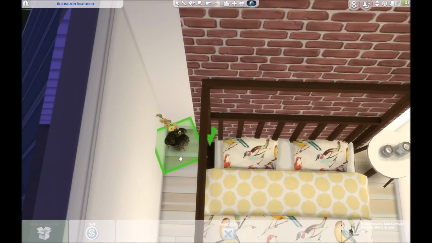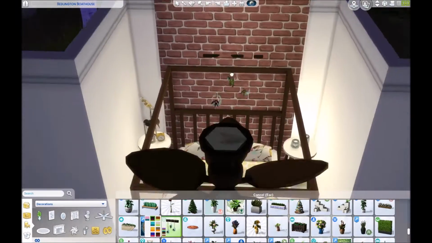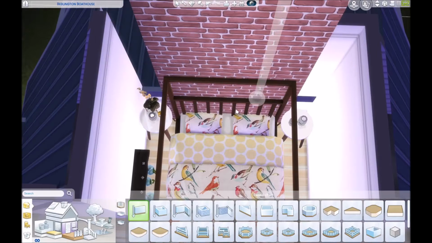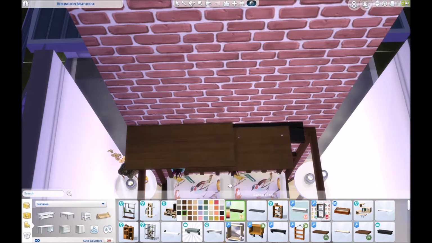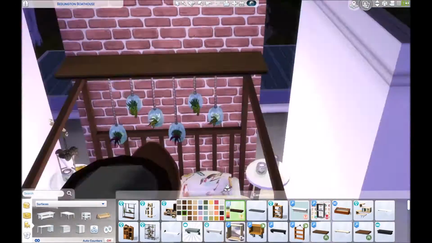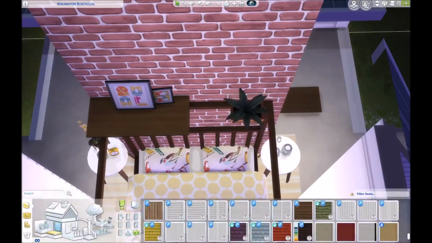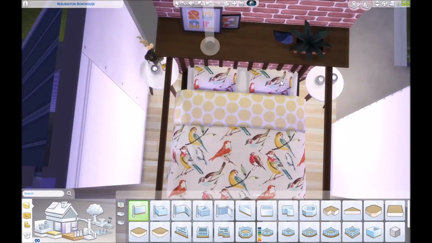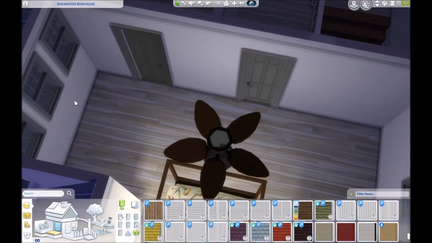So the brick actually matches existing brick wall textures and whatnot, and the chimney that I added up above. So it just works really well together. I kind of screwed around with this shelving idea a little bit. I decided that those hanging planters weren't really working for me, so instead I added a little potted planter on top of the shelf and some paintings just to kind of fill in this empty